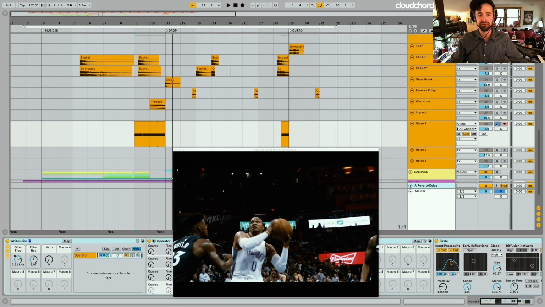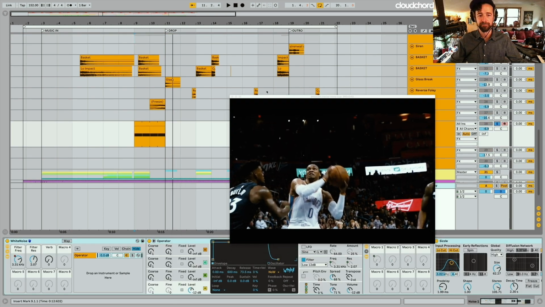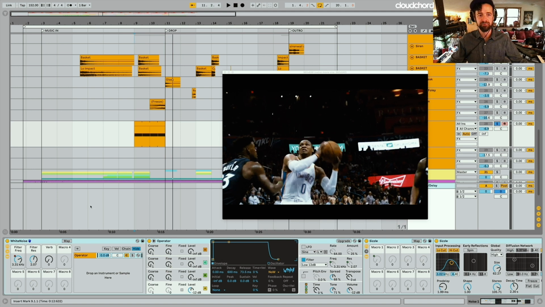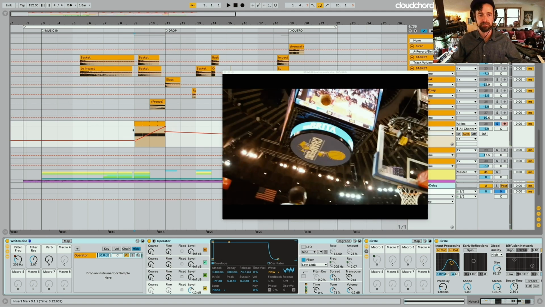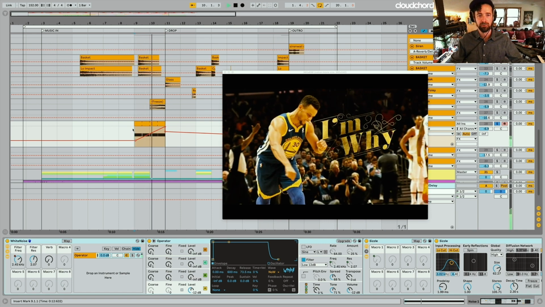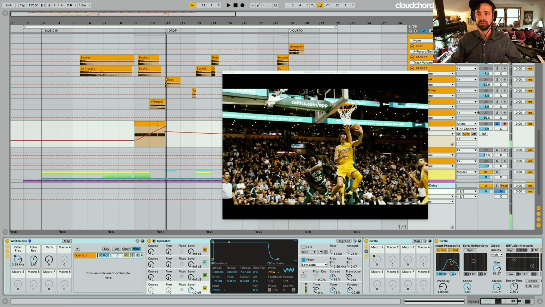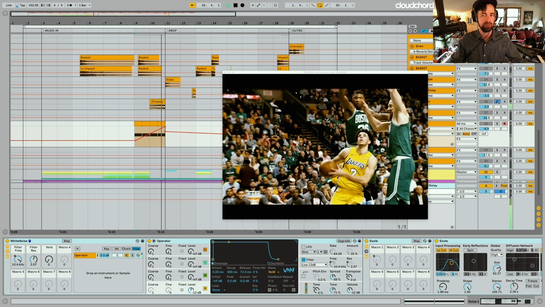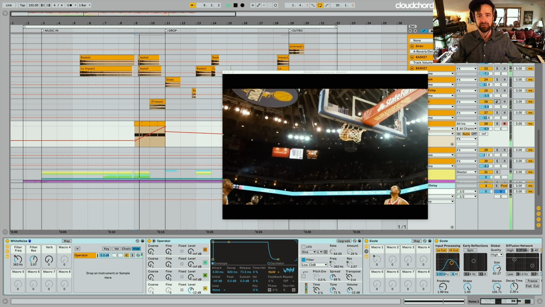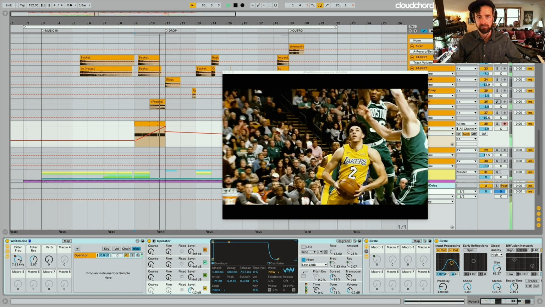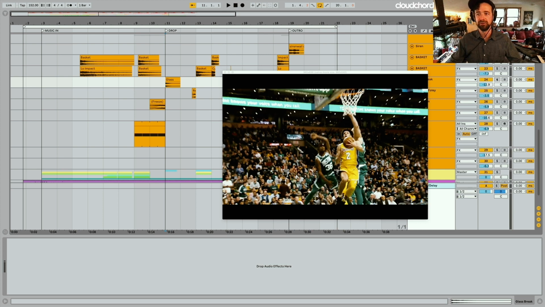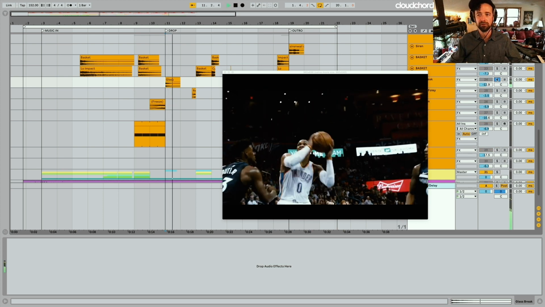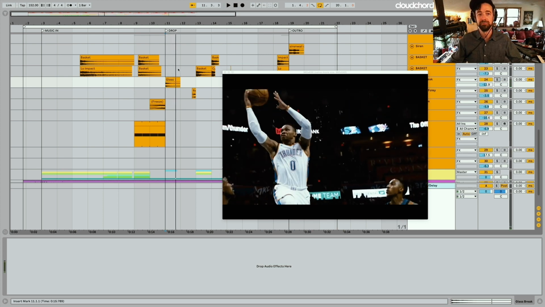And then this riser. So what do we got there? That noise riser, that's an instance of Operator here, and it's just some filter frequency automation. So that sounds like this. The little sweep, and then on top of that is this little, so you put it together. And then on the drop, I got this little glass breaking, because that was kind of cute. Nobody said anything, so I assume they like it.